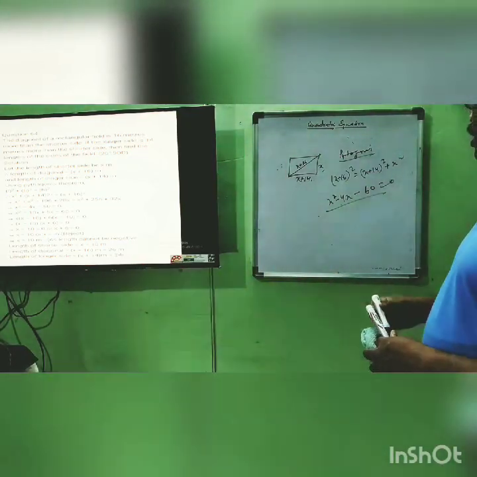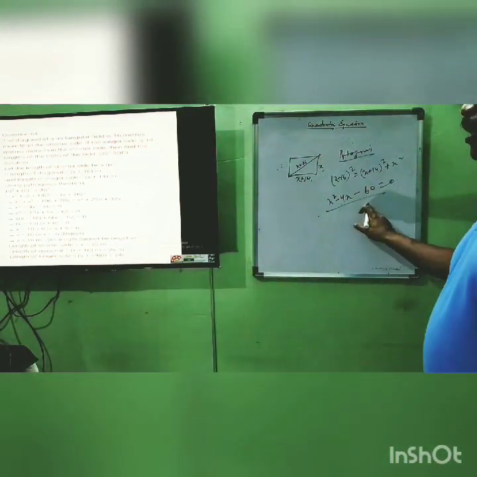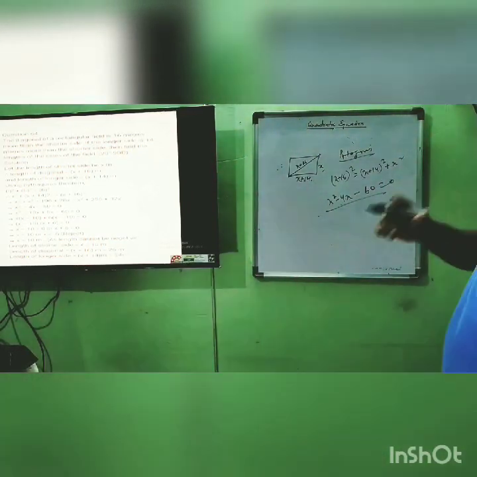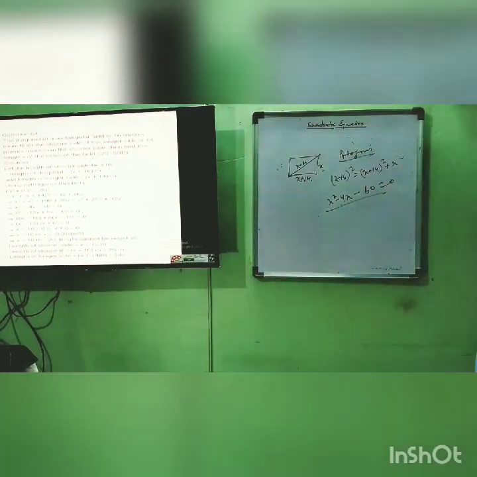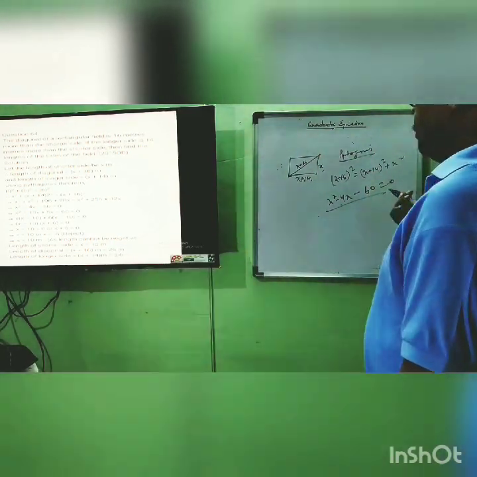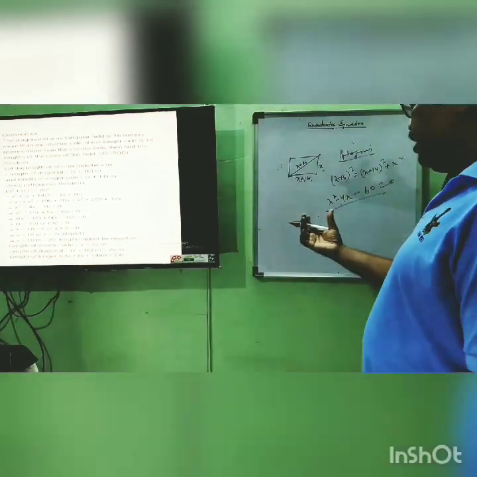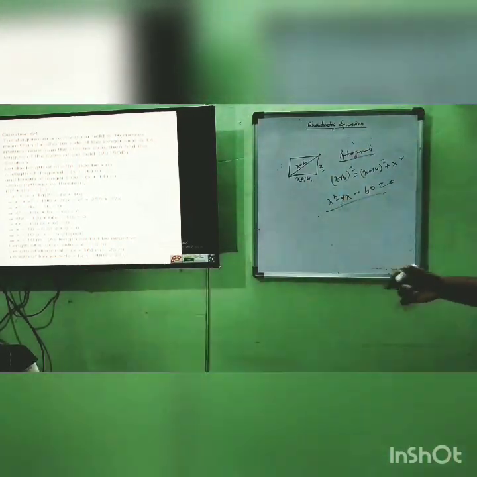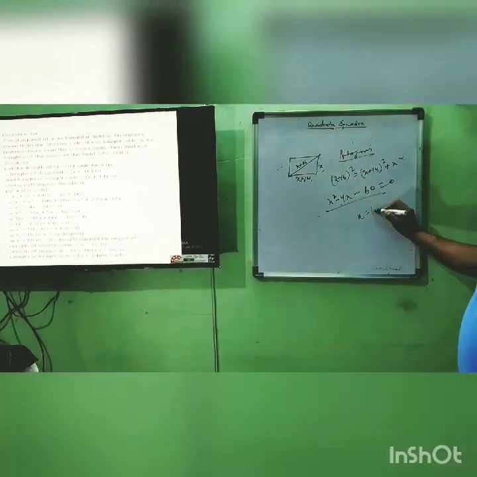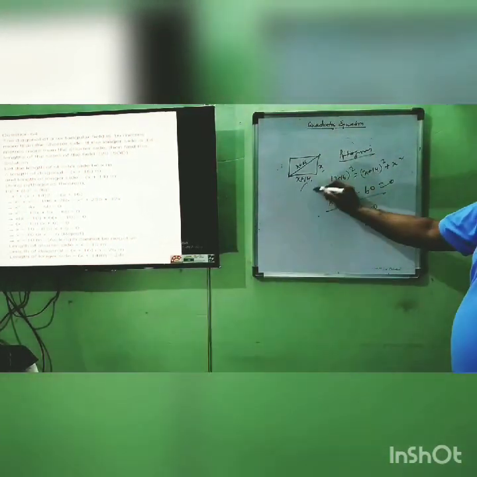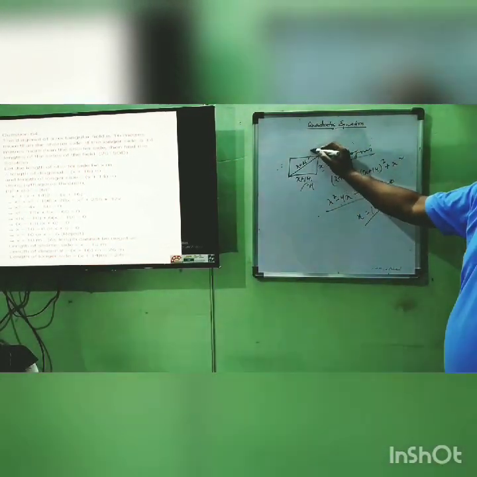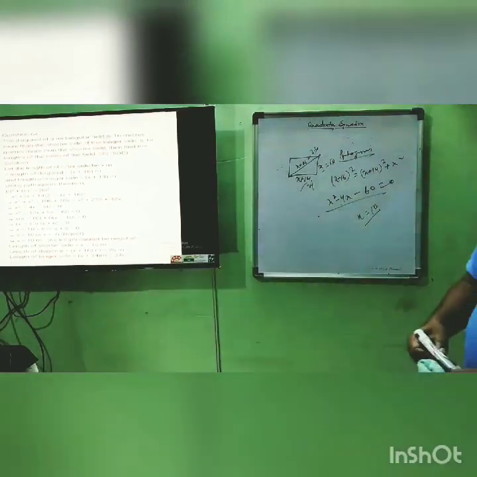Likewise you can split the middle term, or you can find it by means of D, that is called the formula method. So alpha and beta will come, your x will come. Solving it, this is 10, this will be 24, this will be 26. You can easily calculate in this way.